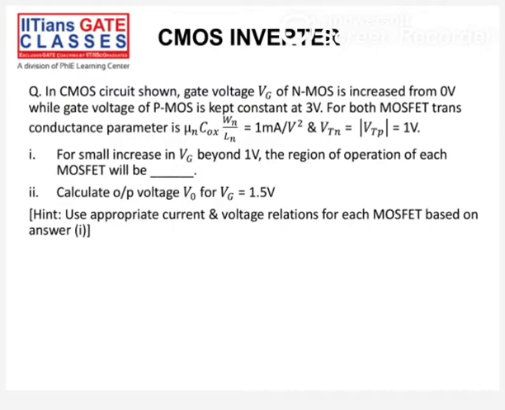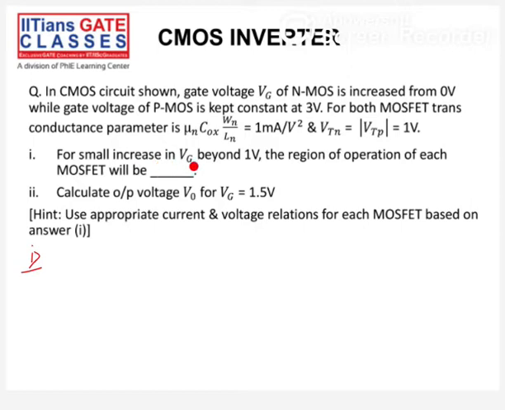In the first case, if Vg is 0, in that case, nothing will happen. In that case, my NMOS will be off and PMOS will be on. NMOS is in cutoff and PMOS will be in triode. So that is a different case.